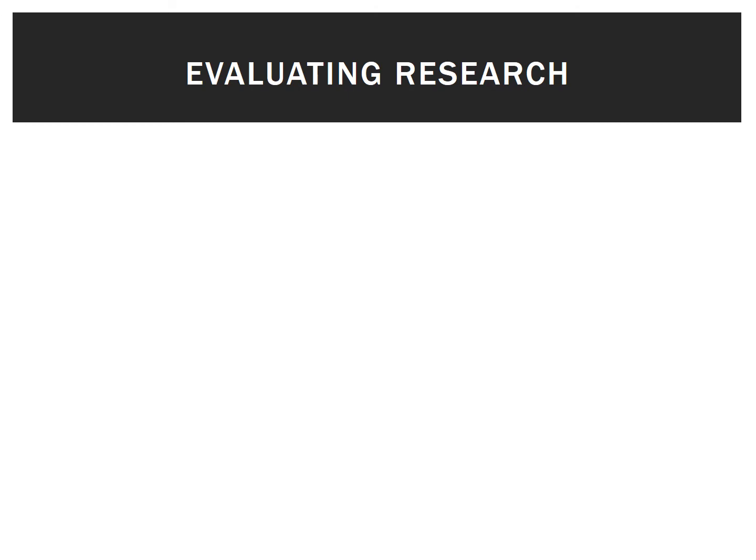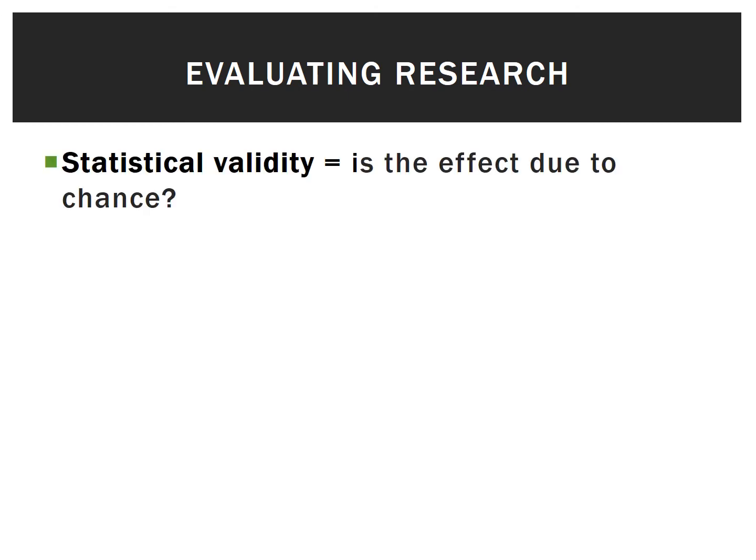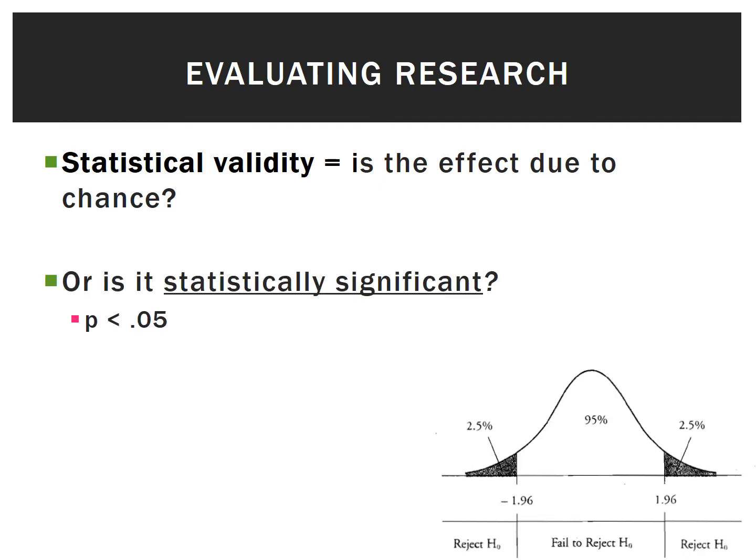All right, so first up is statistical validity, and here we're asking, is the effect due to chance, or is it statistically significant? So with statistical validity, what you're doing is using math to determine whether the results you got in the study were a fluke or whether they were a real effect. Now, statistical significance, you've probably heard that term before, especially if you have already taken statistics. In psychology, statistically significant just means the p-value is less than 0.05. And a p-value of less than 0.05, it's in these little dark shaded regions of rejection here where you reject